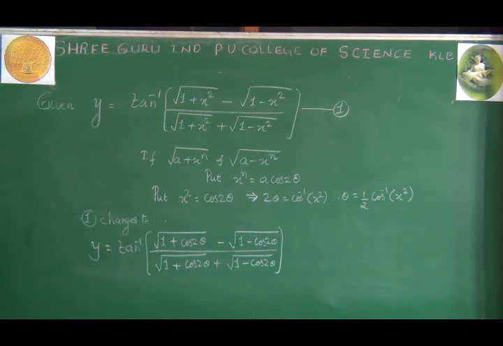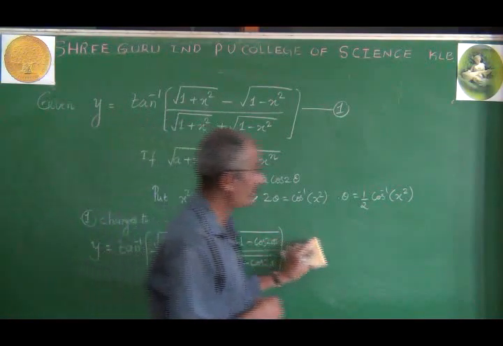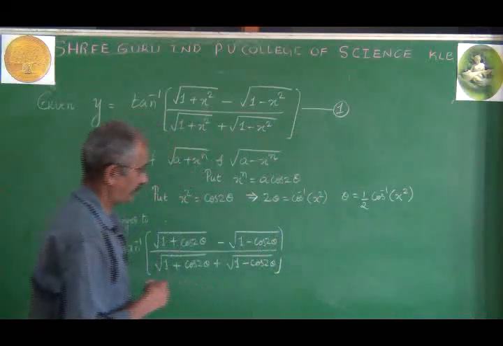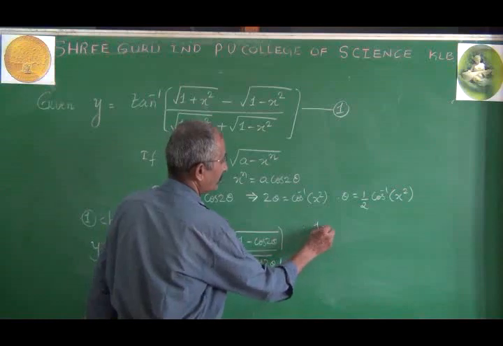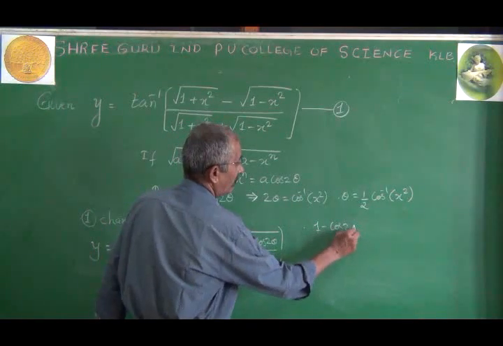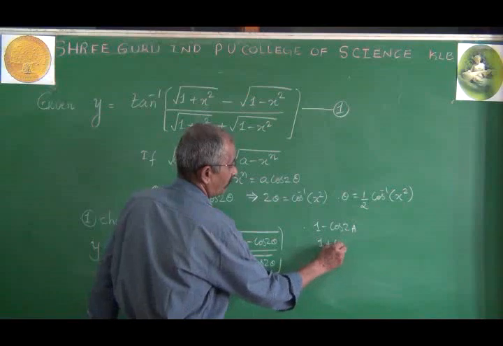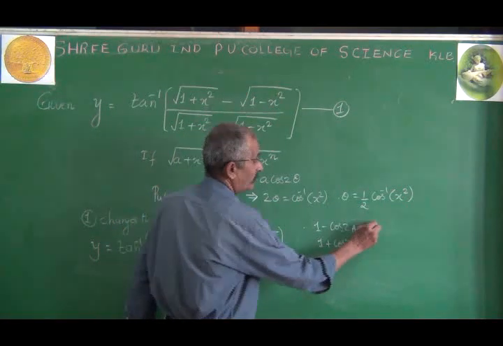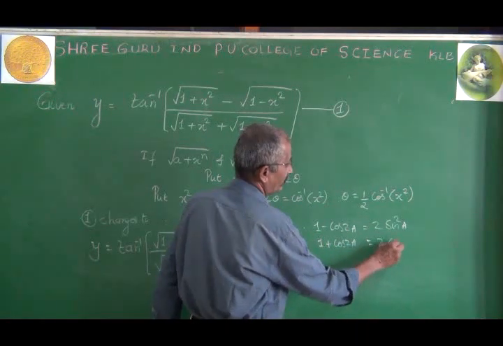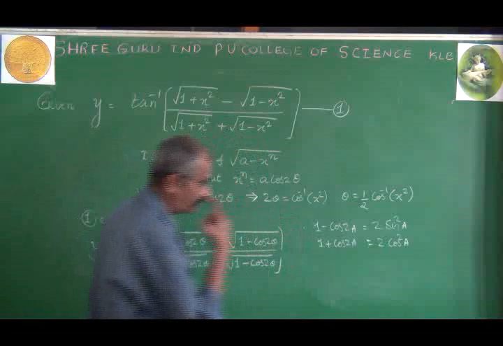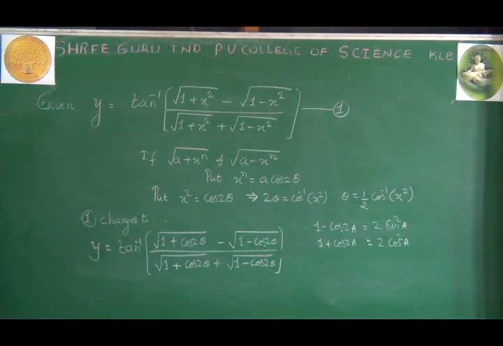One can approach direct differentiation, but it is very complicated in getting the required answer. So substitution is only helpful to make your problem simplest. Now recall previous trigonometry, namely the 1 minus cos 2a and 1 plus cos 2a formulas. 1 minus cos 2a is 2 sin square a, whereas 1 plus cos 2a is 2 cos square a. So let us use those multiple angle formulas in this particular step.